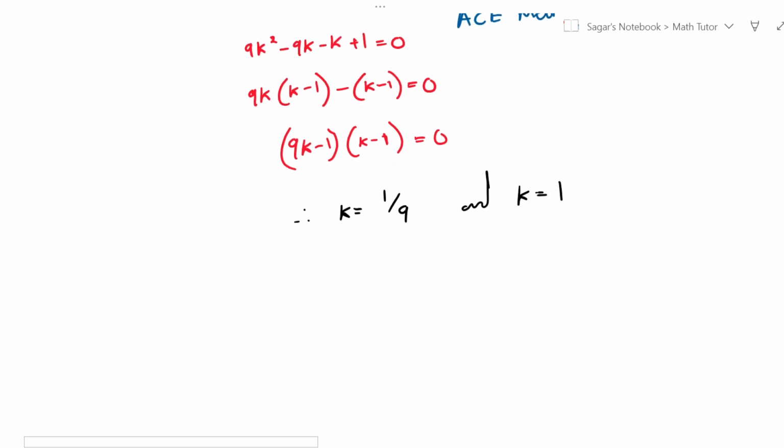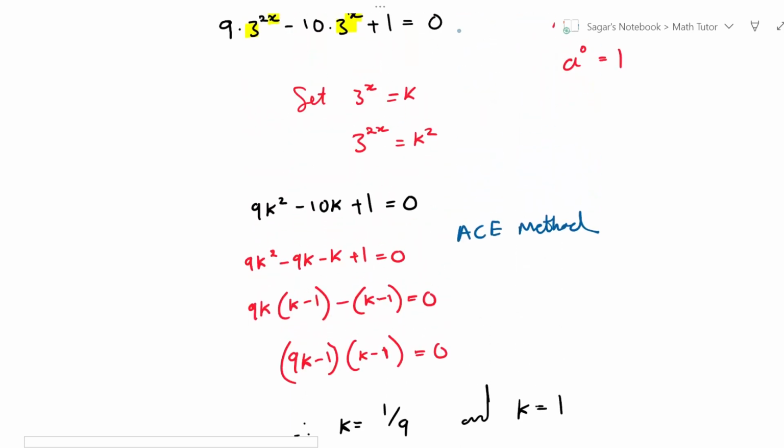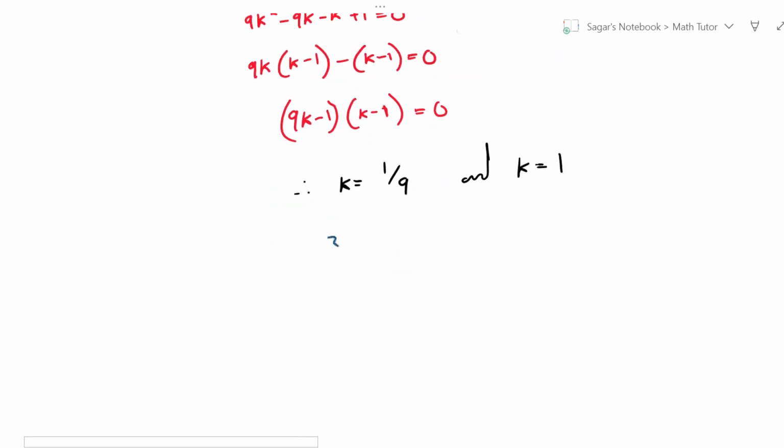Now this is not the solution. Remember, we let k equal to 3 to the power x. So 3 to the power x is equal to 1 over 9 and 3 to the power x is equal to 1. 1 over 9 can be written as 3 to the power minus 2,